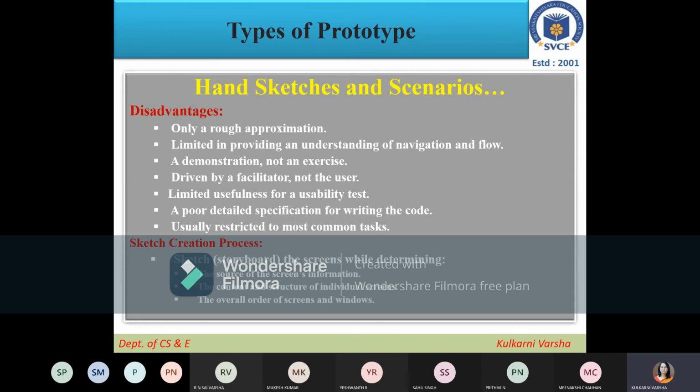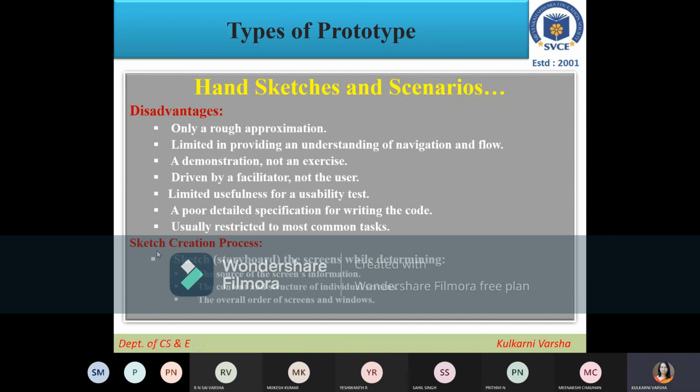Only when you execute it will you know that. So we cannot do a lot of usability testing on this. Then the next is poor detailed specification for writing the code, and it is usually restricted to the most common tasks. So we cannot involve all the tasks in hand sketches and scenarios.